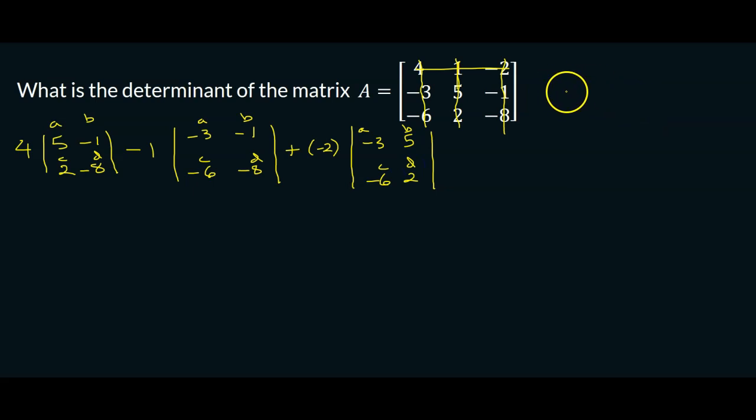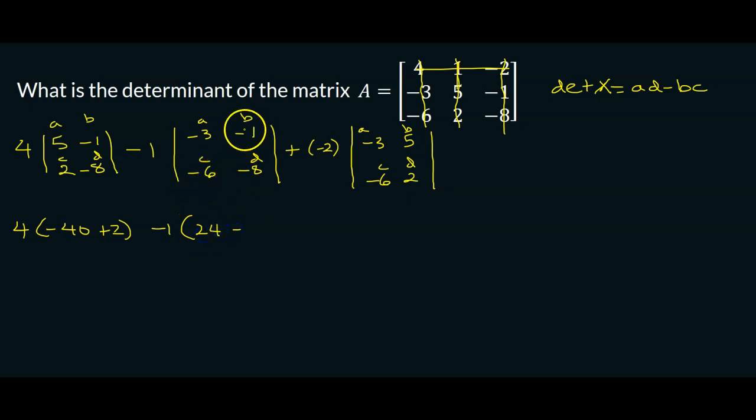And the determinant of a 2 by 2 matrix, let's call it X, is going to be AD minus BC. So let's go ahead and apply this. So we have 4, AD is negative 40, minus BC, minus negative 2, so that is plus 2, then minus 1, and then we have AD, negative 3 multiplied by negative 8, that is 24, minus negative 6 multiplied by negative 1, that is 6,